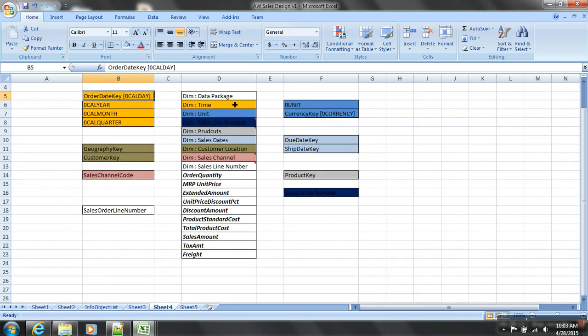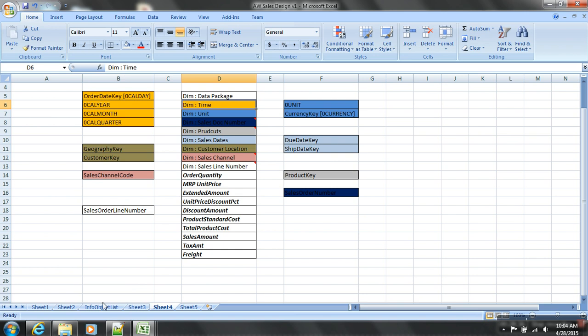Then what I've done, look at this. When you create a cube, by default, what is the max number of dimensions we can have? 16. And 3 are fixed: data packet, time, and unit. For data packet, you don't worry about what is getting assigned. By default, it gets assigned the request ID and so on. Next, time. What should you assign to time? All the time characteristics will get assigned to the time dimension.